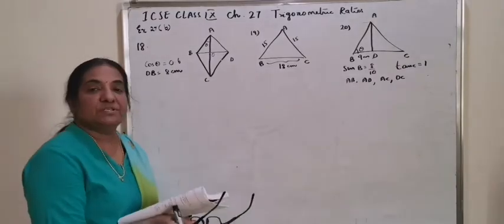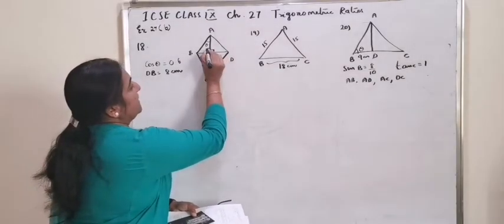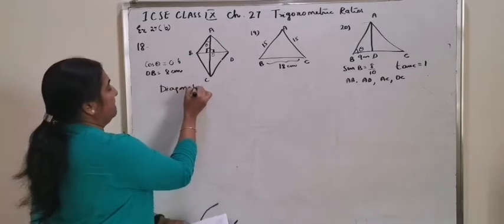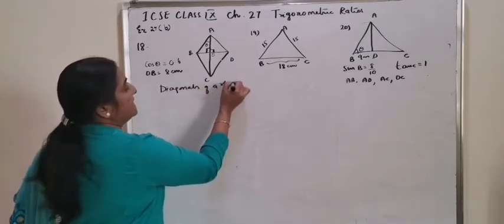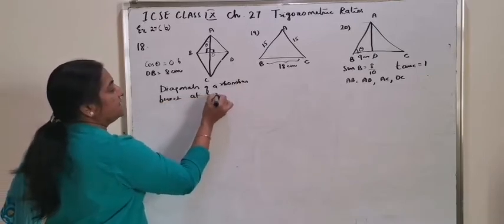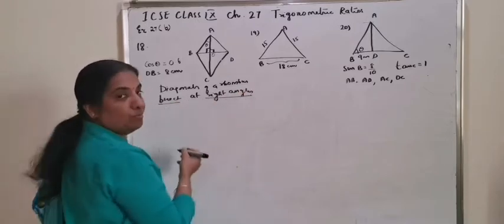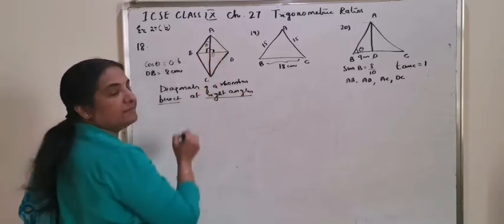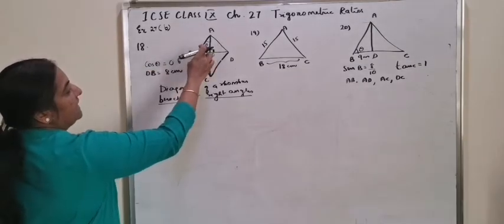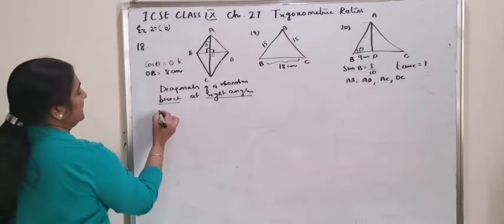ABCD is a rhombus. Normally we draw the rhombus in this pattern to make it very sure that the diagonals of a rhombus bisect at right angles. It's a very important property of a rhombus which shows that you got a right triangle AOB, in which it's given that cosine of angle BAC, or I have marked it as theta, cos theta is equal